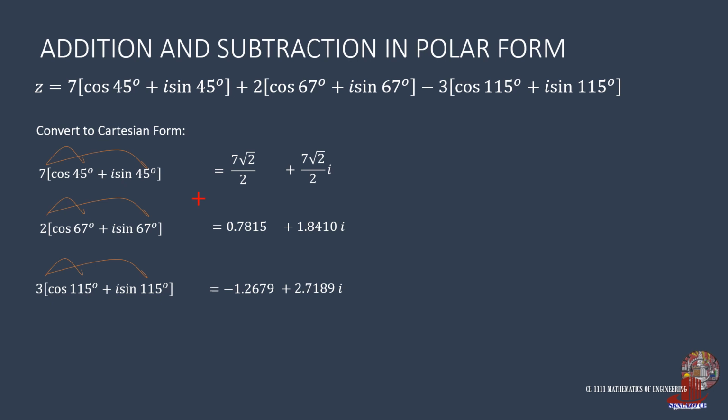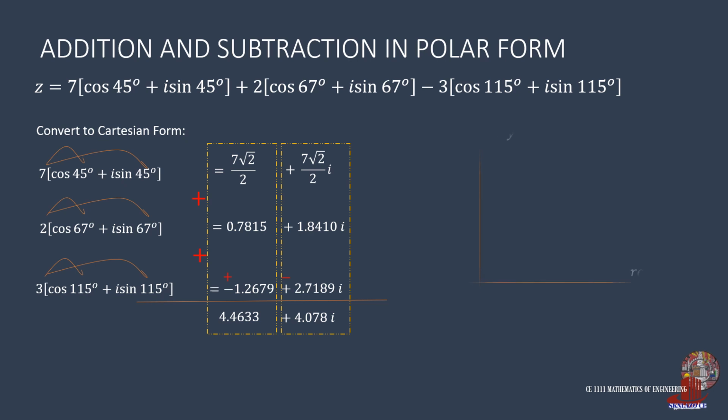The second complex number is added, but the third is subtracted, so we change signs. Negative 1.2679 becomes positive, and 2.7189i becomes negative. Then we are ready to collect similar terms. Starting from the real numbers, we take 7 root of 2 over 2 plus 0.7815 plus positive 1.2679, giving 4.4633. The imaginary number is taken from 7 root of 2 over 2 plus 1.8410 minus 2.7189, resulting to